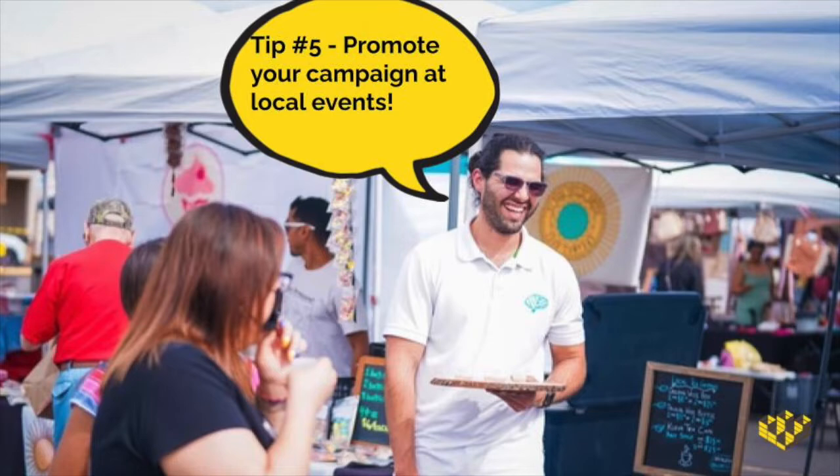Promoting at local events is a great use of that marketing collateral that you've got printed out. If there's a local event that you've been invited to, this could be a great opportunity to reach the public with the news of your campaign. So we're talking about fundraisers, farmers markets, holiday craft festivals, that sort of thing. This is an excellent opportunity for you to talk about your campaign and raise awareness about it because you get to form that face-to-face connection with people who you might raise money from,